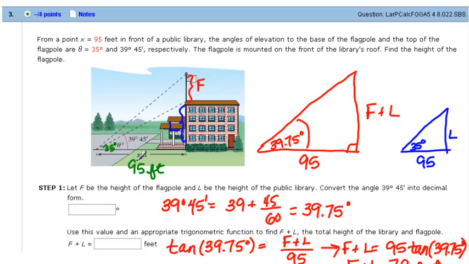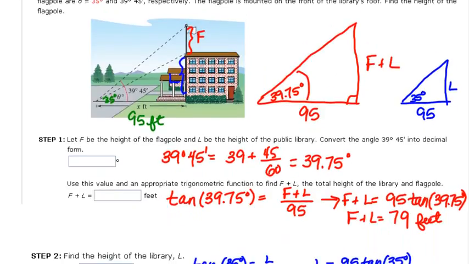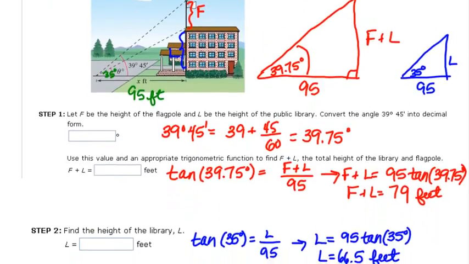What I suggest you do is take those two right triangles away from that picture and draw two separate triangles. We know that the height of the library plus the height of the flagpole is F plus L. That's our total height, so I'm going to represent that as F plus L. And the library's height is just L. So those are our two triangles. The problem in WebAssign actually takes you through the process that you need to follow. It first says to let F be the height of the flagpole and L be the height of the library,